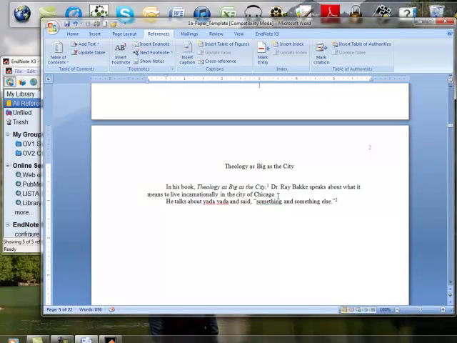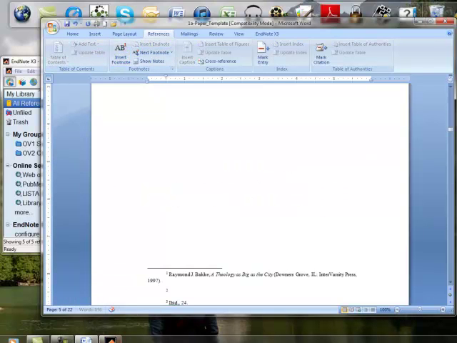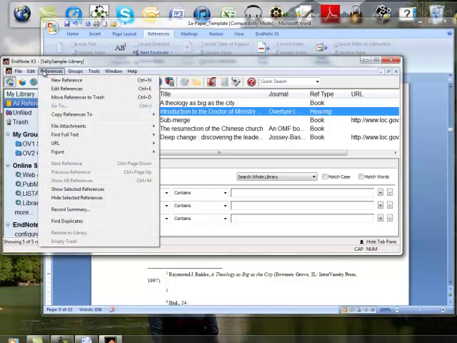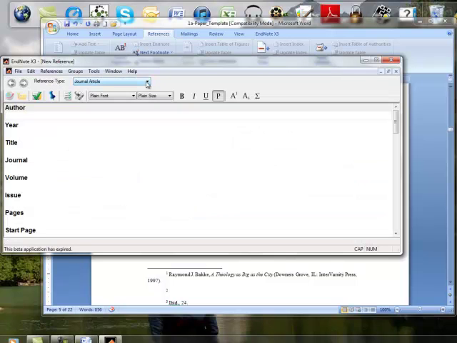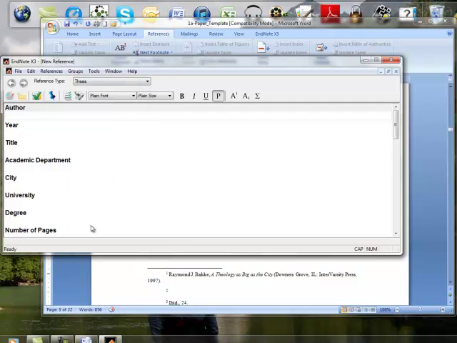We'll go here, and we're going to go back into EndNote, and let's first insert a footnote so we're in the right place. Let's insert a book that we can't find in the Library of Congress. Again, go to References, and you're going to go down to New Reference. Now, be sure you put your type to whatever type of reference that you're inserting here. Let's insert a thesis this time. Okay? Now in the thesis, this is going to be